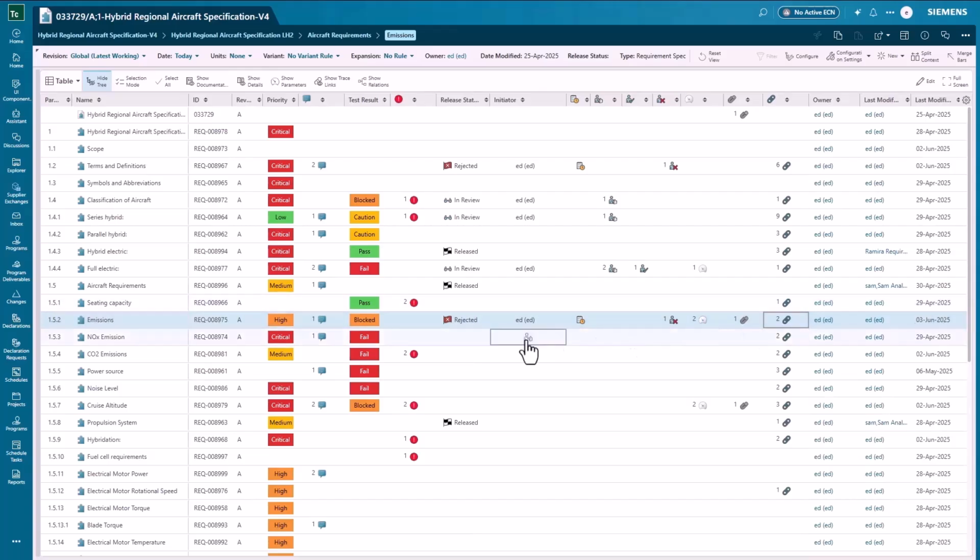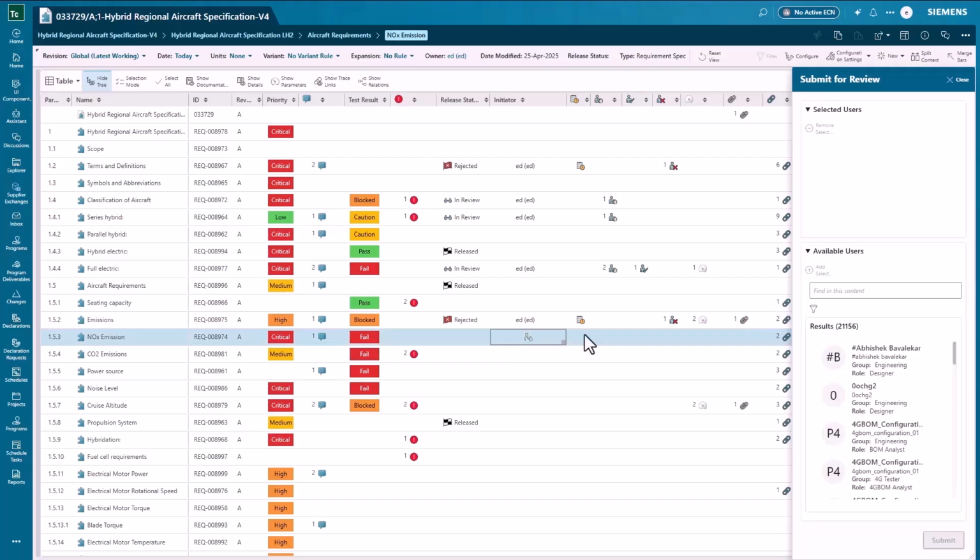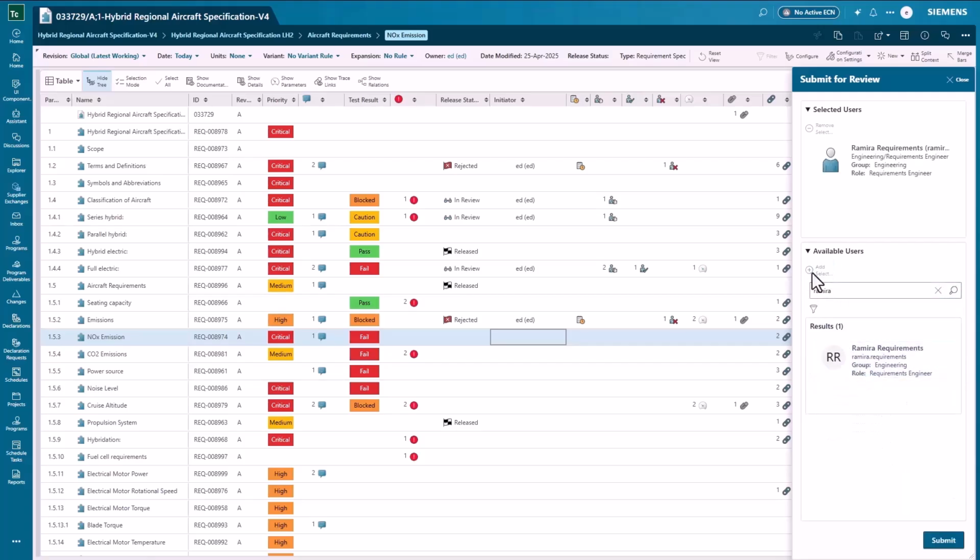Now let's jump into the Submit for Review. I can now work with reviews without ever leaving the page. I don't have to go to the inbox, and instead of seeing the full-blown user selection panel that we use on our high-end workflow system, I instead see a nice, simple user selection panel where I can just go ahead and search for a username, select that name, and add it to the list of people I want to assign